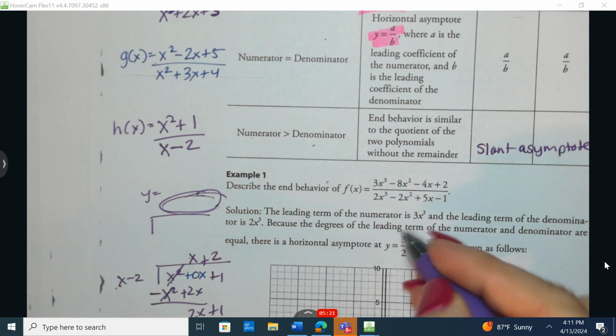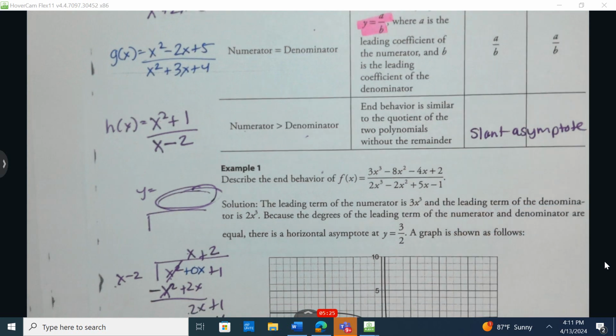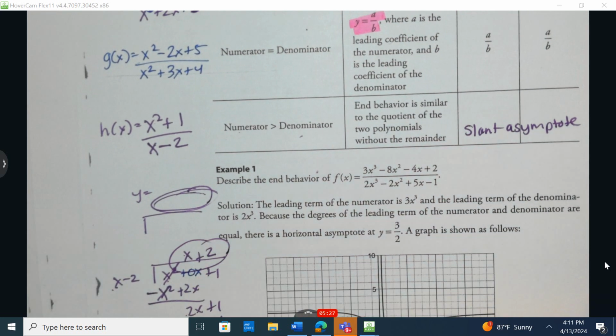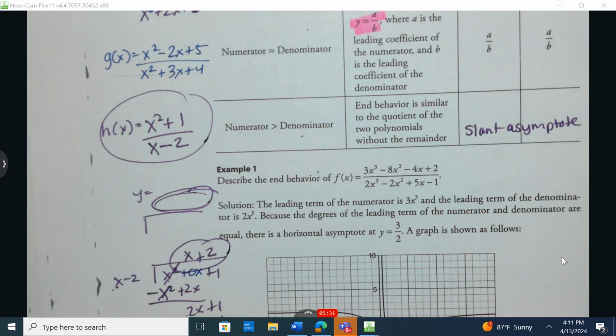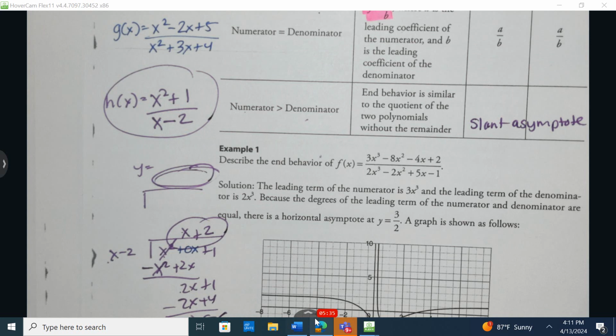And what this says is, hey, we don't care about the remainder. This is all we're going to be concerned with. So I'm going to press pause, and I'm going to graph this, and then I'm going to graph y equals x plus 2 to see if we can noticeably see on the graph that it is